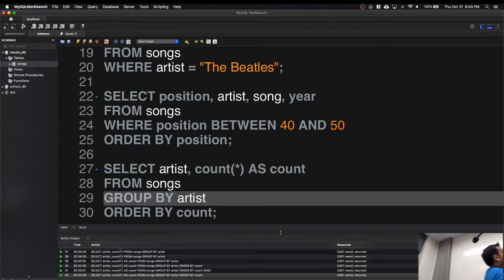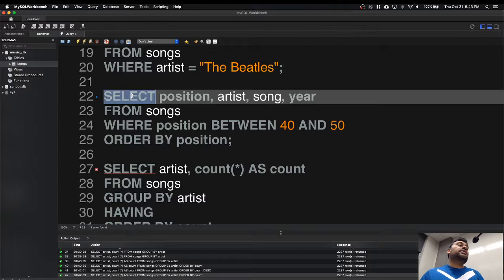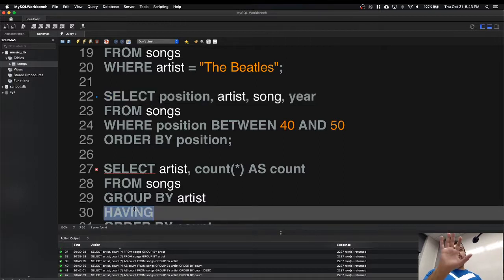The condition goes with group by. I cannot use a where clause. Group by does not recognize where, so instead of that, it's called having. Same purpose as the where clause, but the where clause works with the select statement. Having does the same function, works with the group by. So for example, you would say select this, where the position is between this and this. You would say select this from this group by this, having